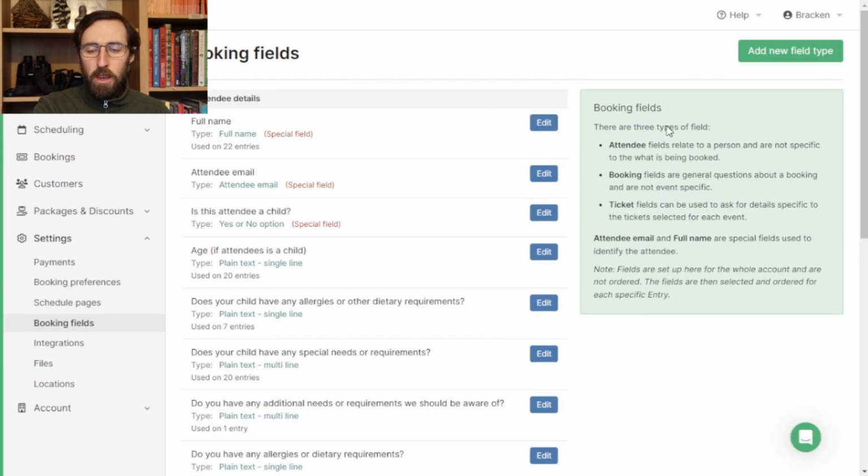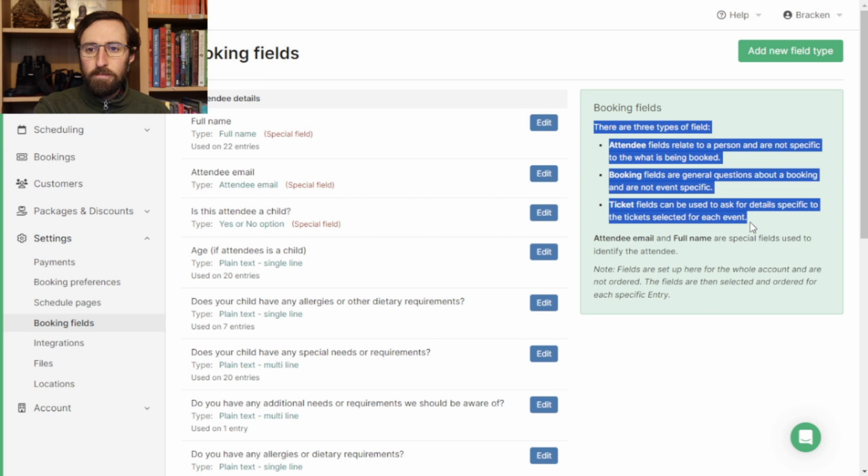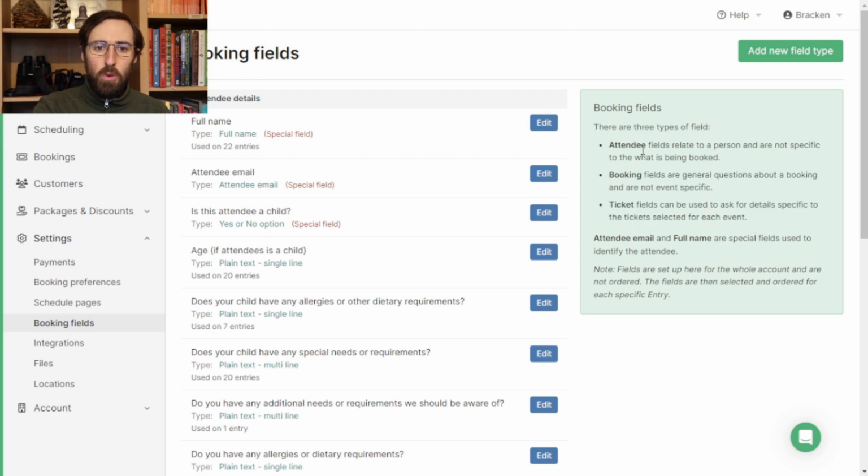Now the first thing that's really important to understand is over here on the booking fields type. This is which people, or how often, we're going to record information from people per booking. So you might have a family booking on, in which case it'll usually be one parent doing the booking, and then there will be one or more children, and you want to capture different information. There's generally a body of information that you want to capture from just the parent, and then there's one that you want to capture for each individual child,